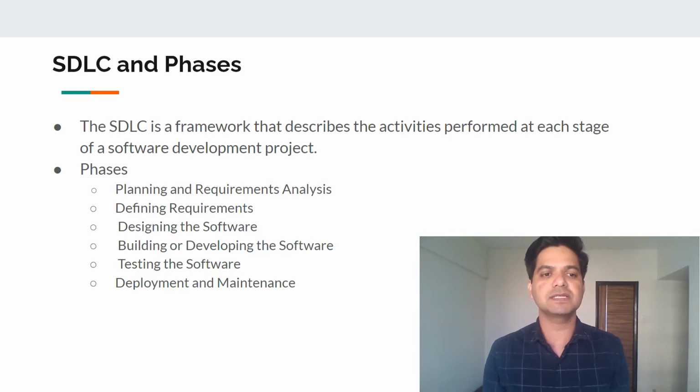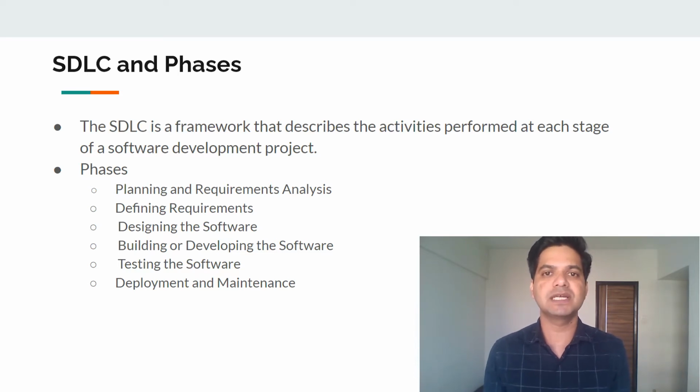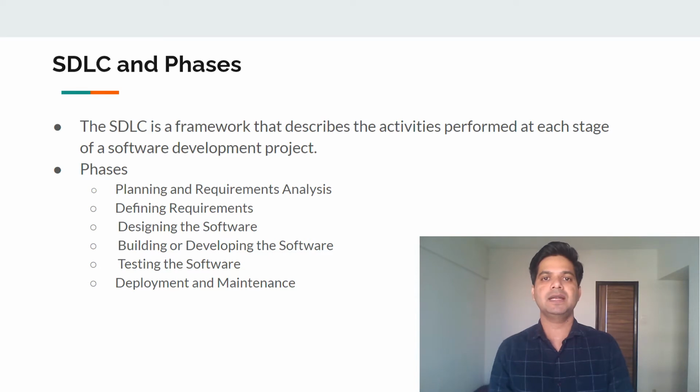When it comes to phases, there are six different phases that I have noted down here, which are very important to accomplish any software application. The first phase is planning and requirement analysis, where mostly senior members and the customer get involved, and we understand exactly what the requirements are from this software application. The input is having discussions with the stakeholders, understanding exactly what the requirement is, and post that the output gets generated from this phase, and that is nothing but the BRD, the business requirement document.